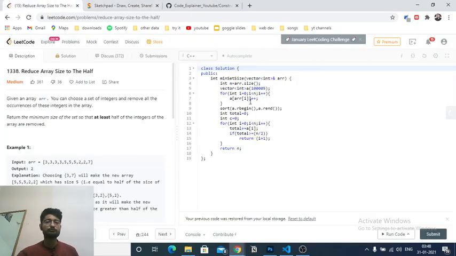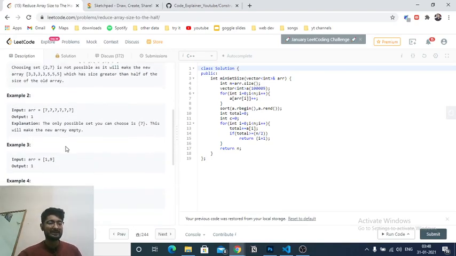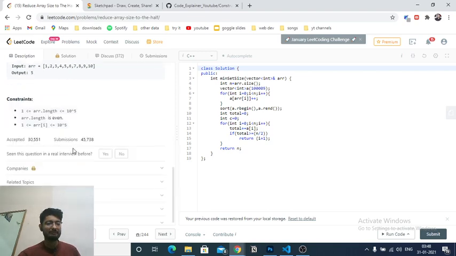It's not too hard. You just have to sort them in increasing order. So first make a frequency map. The maximum element in these numbers can be up to, by seeing the constraints, 10 to the power 5. So that's why I'm making a 10 to the power 5 array to store the frequency. What you can also do here is make a map, store the frequency, then take all the values in the map, store them in a vector, and then sort them. You can also do that, but if the values can be 10 to the power 9, then I have to use that technique. But in this case I can use this technique also.